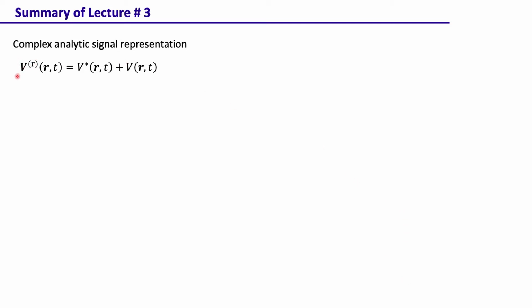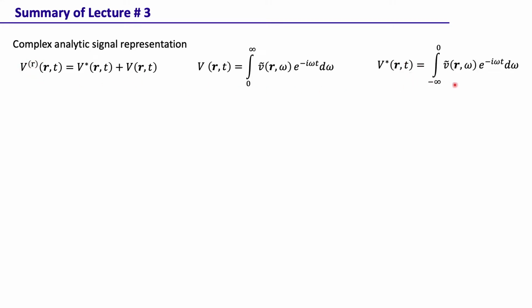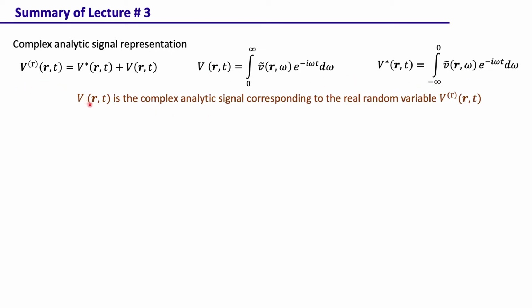Here this is the real signal, the real electric field, and we write it in terms of V and V star, where V is, if we take the Fourier decomposition, the positive frequency part of V real, and V star is the negative frequency part of V real. Of course, taken together they are the signal, and this V is called the complex analytic signal corresponding to the real random variable V real (r, t). This is a very useful mathematical technique used within the classical theories in order to